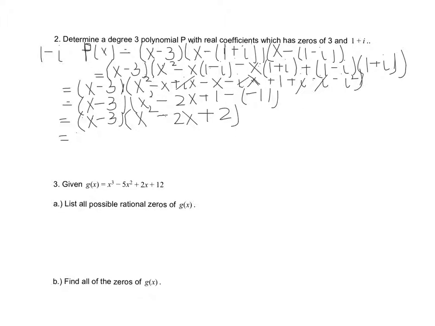So we get x cubed minus 2x squared plus 2x minus 3x squared plus 6x and then minus 6. So combining like terms, we end up with the polynomial